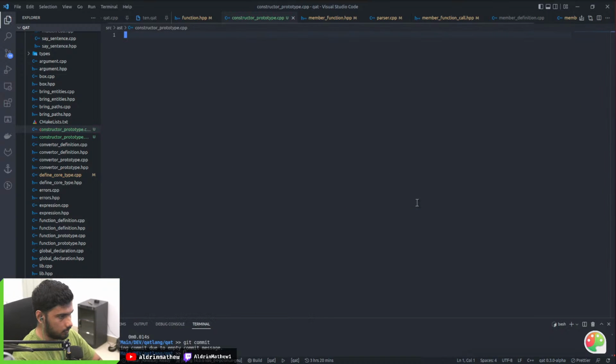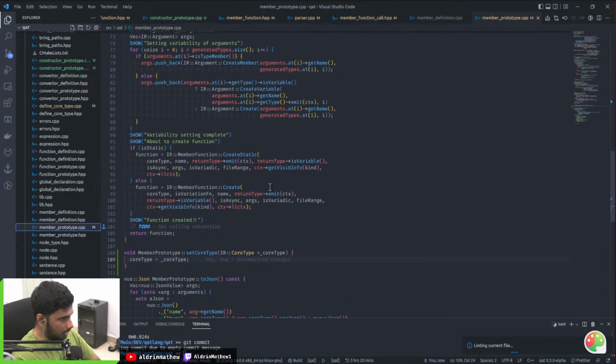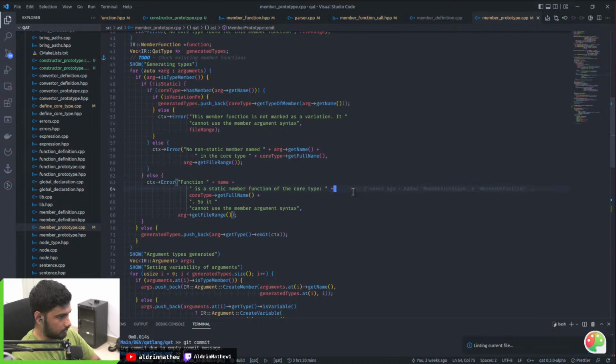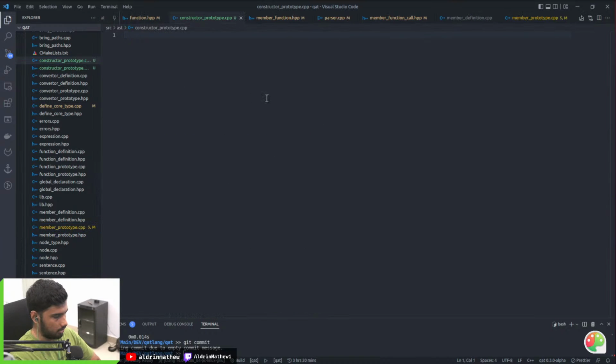That's the problem when I'm sleepy. I was supposed to copy this and not that. There is absolutely no difference between a constructor and a member function. A constructor can't have return types, but otherwise it's the same thing.